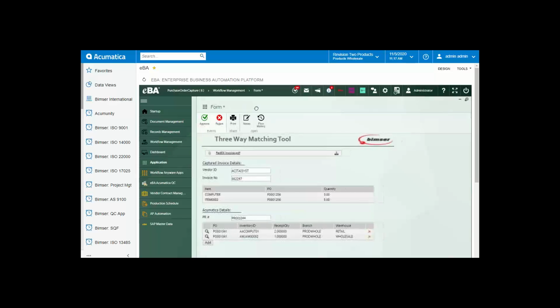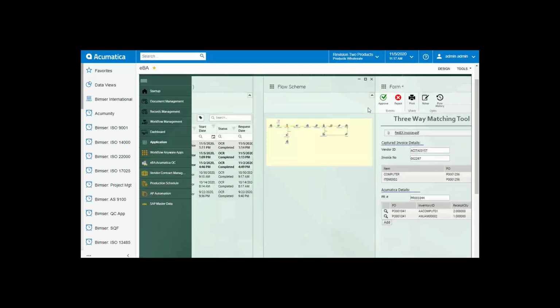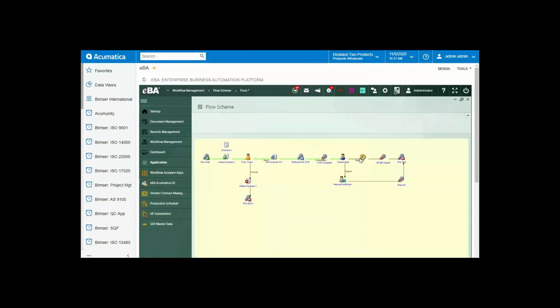Therefore, we can send this to our workflow. And for all the applications, we have a unique workflow behind it. As for this accounts payable automation application, we will first of all upload our invoice, and it will be sent to the finance department for review and approval. As I am also the responsible person in the finance department for this demonstration, I can review it,